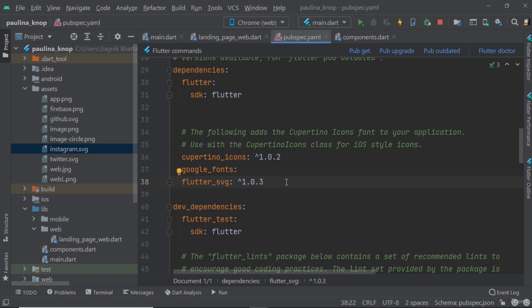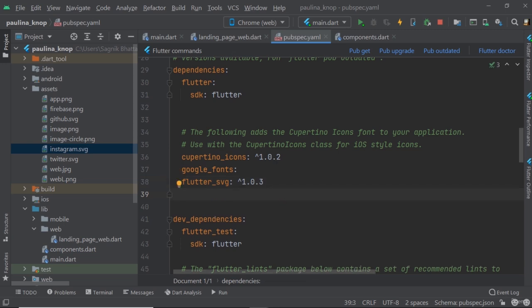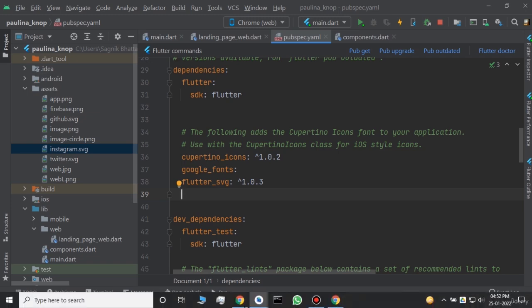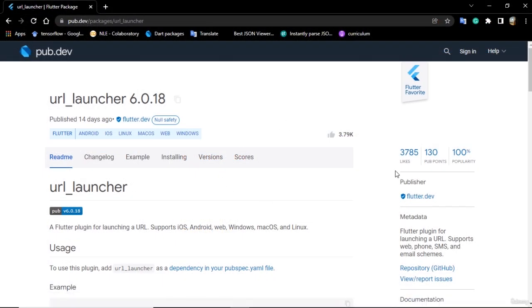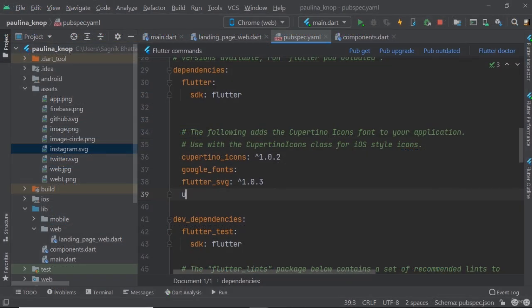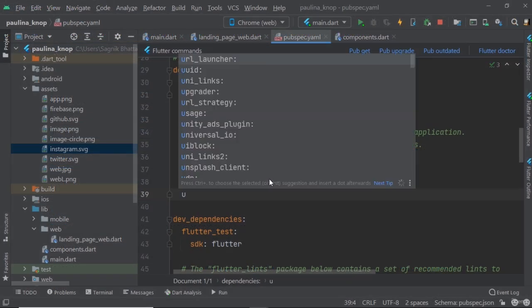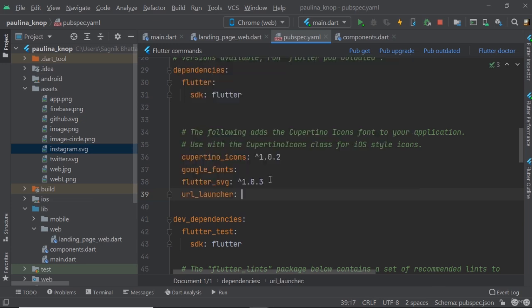The package which I am going to use is called url_launcher. Let me write URL then. I can select url_launcher right away and let me type the version, that is